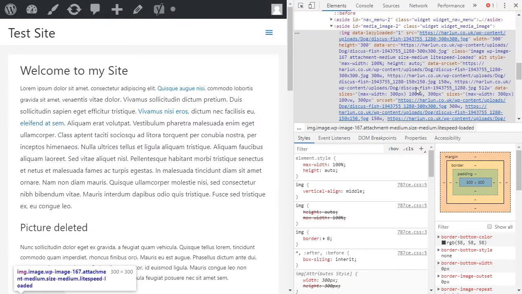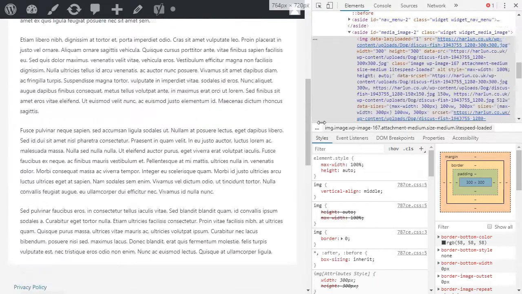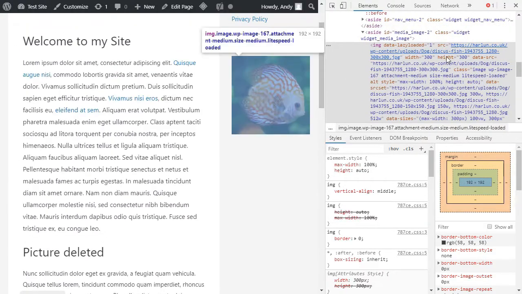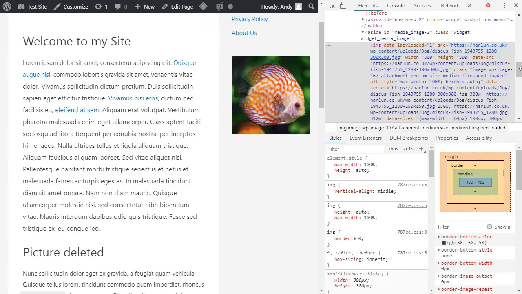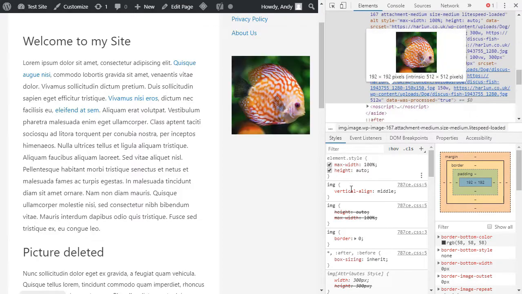We have the HTML that's responsible for, let me just drag it a little bit so the image comes back. We have the HTML that is responsible for this image. And then the CSS down below that is relevant to this image. And we've also got the box model here, which shows me the dimensions of the image, 192 by 192, whether